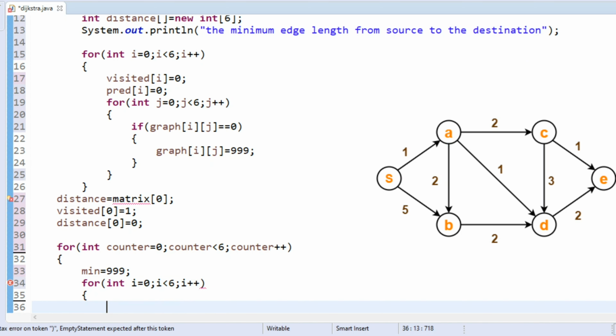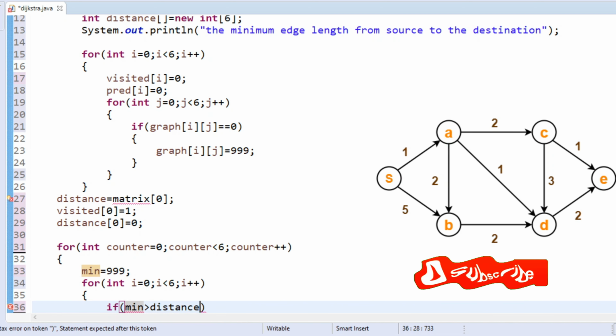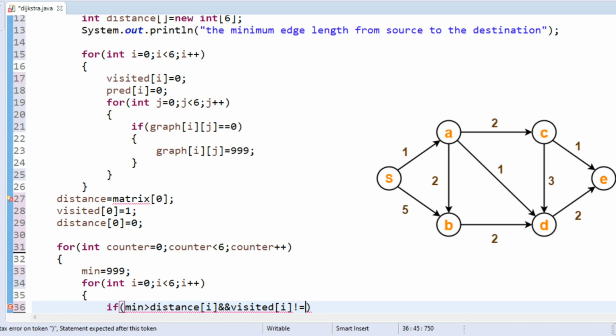Okay, and here I consider this for loop to represent the minimum distance. So if min is greater than distance of I, and we have another condition that the I vertex shouldn't be visited. So visited of I doesn't equal 1.